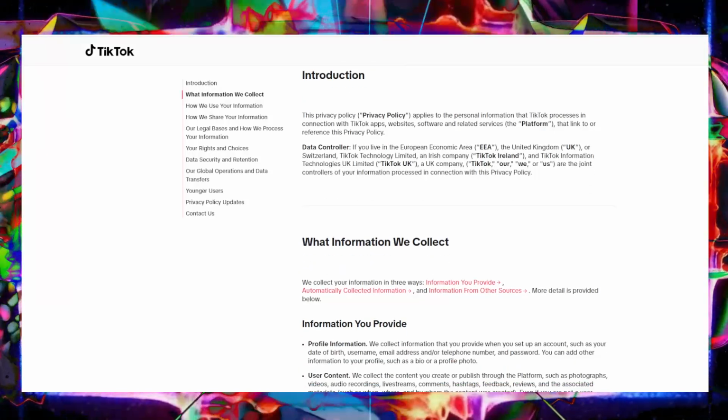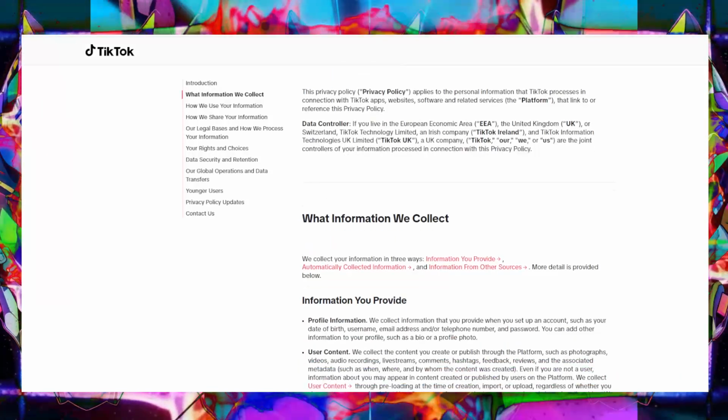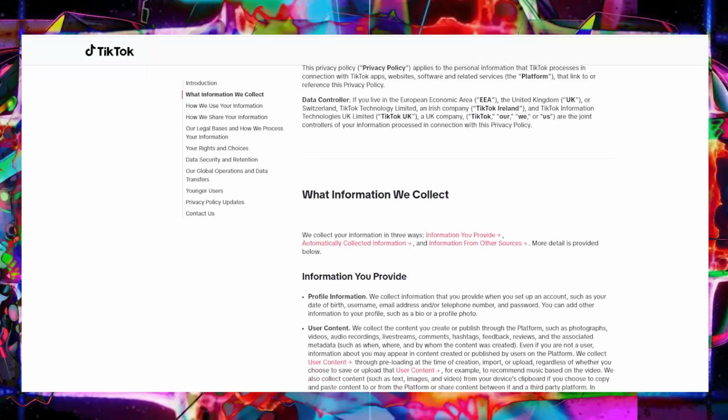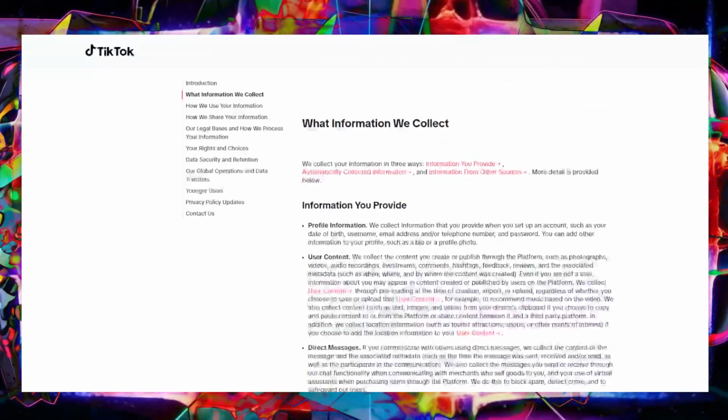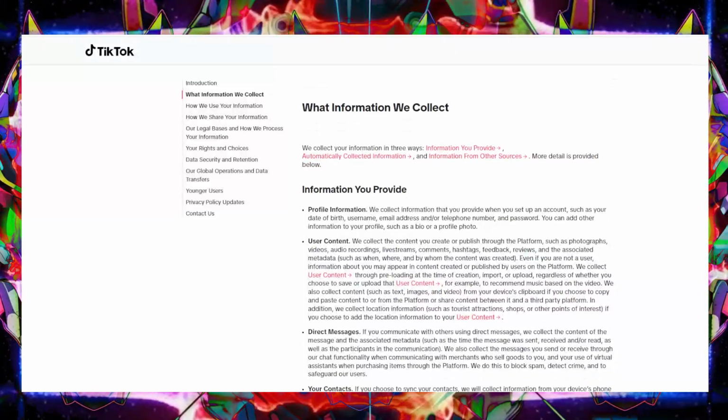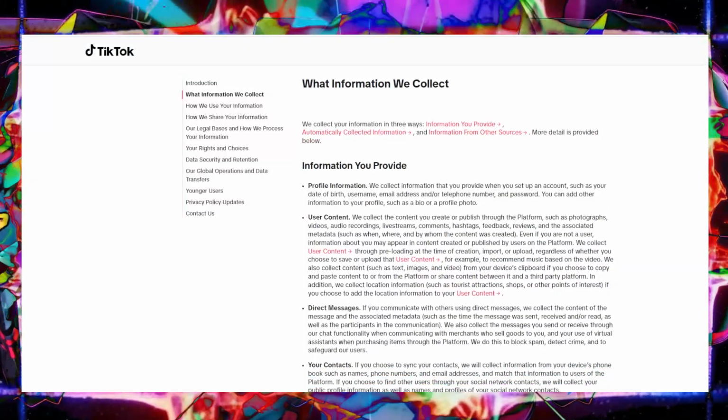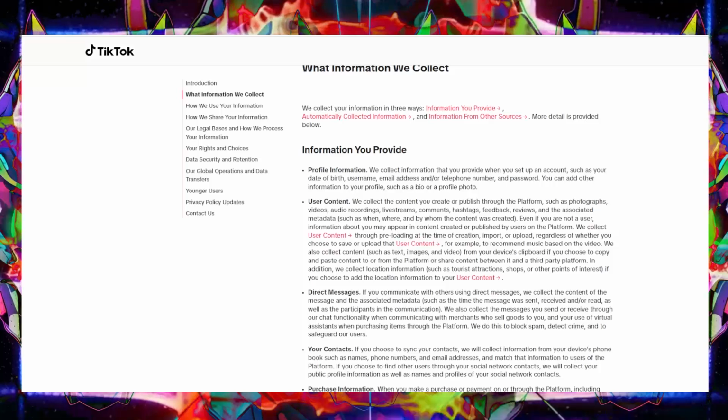It's true. These policies, they're like secret codes, hidden treasure maps. They can tell you a lot about a company, their values, how they actually treat your data. That's such a good point. And in this deep dive, we're going to be your guides. We'll break it all down, the good, the bad, and the just plain fascinating.